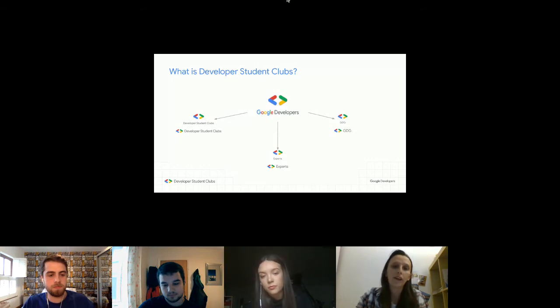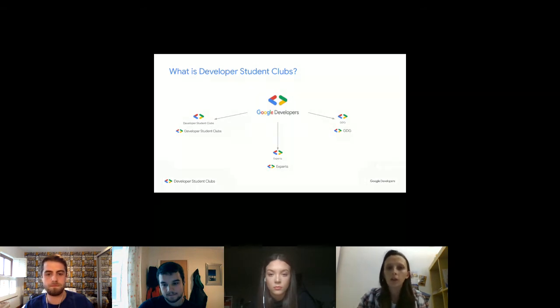The first one, and what we are doing here today, is developer student clubs. This is the first step for Google Developers. Then we have GDGs, Google Developer Groups. This is for people who are already working, but want to do some additional stuff besides work, so they can join the community. And Google Experts, which is not only for people who work, but also for students. But to join Google Experts, you really need to be an expert in some field.